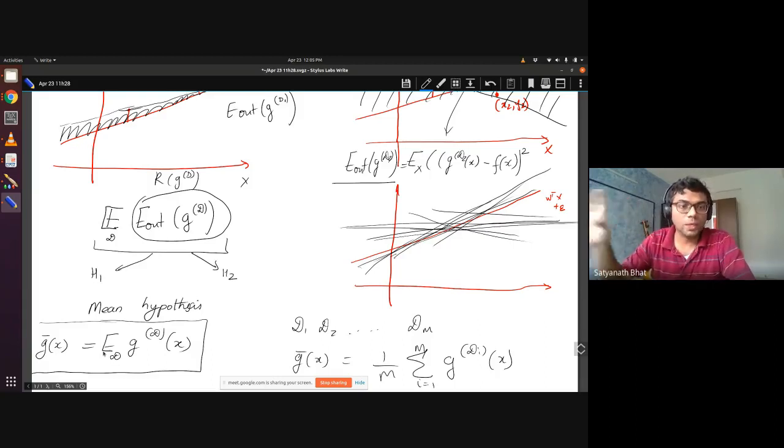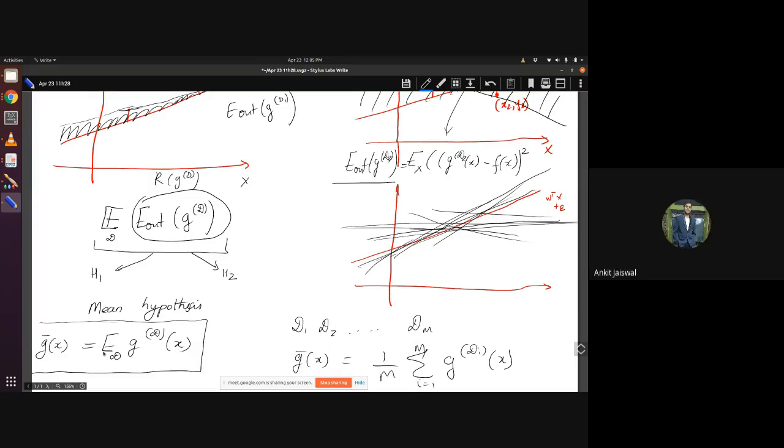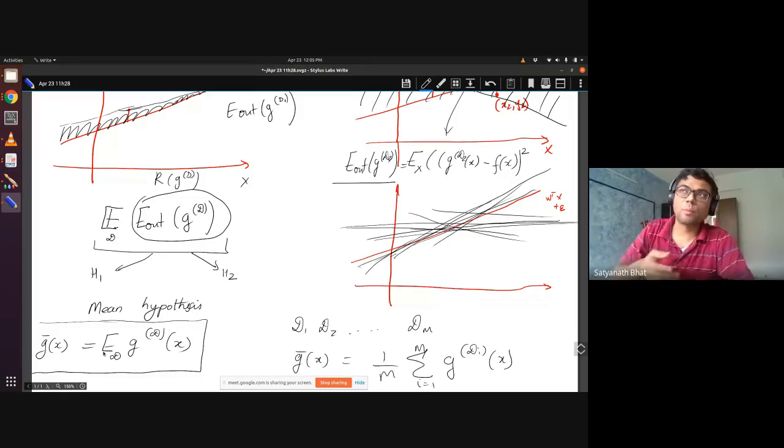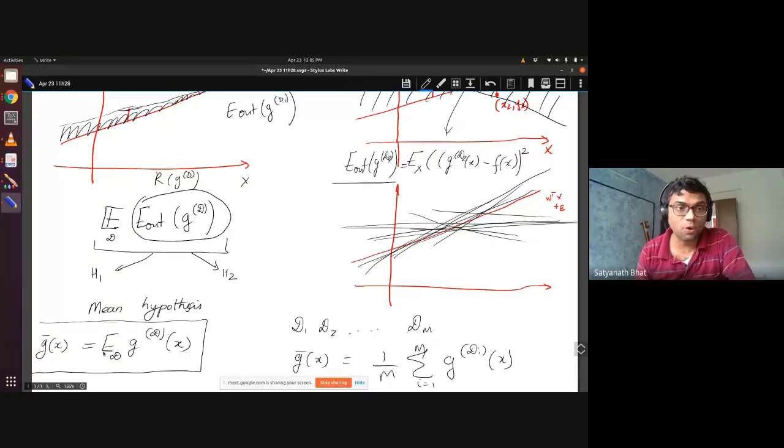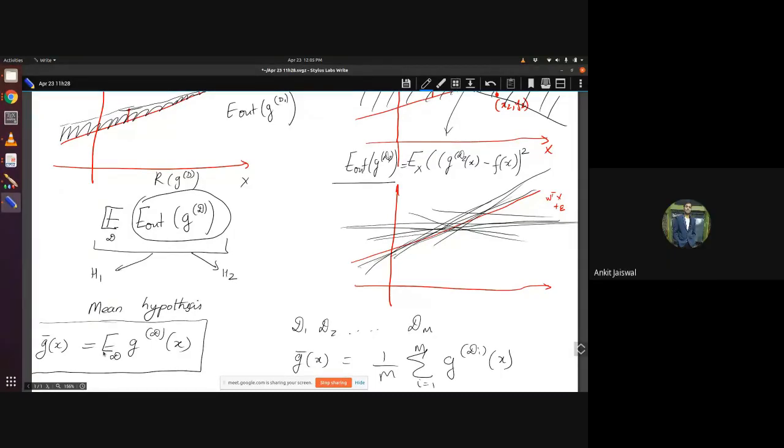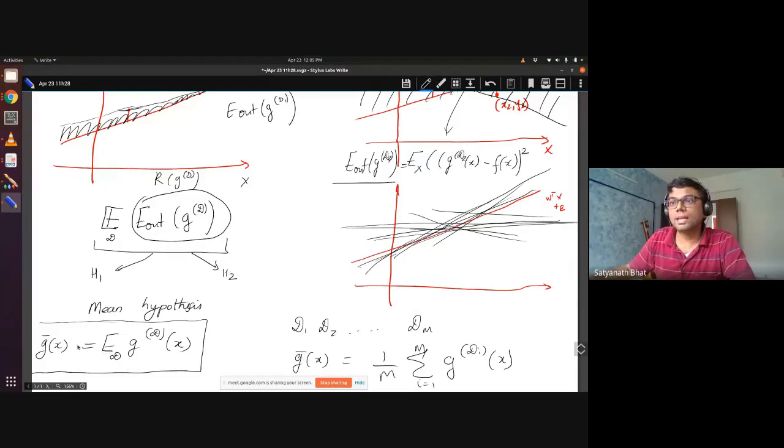But I am claiming that you will never get 0.5. Correct? You will never get it. If you want, I will make sure that you never get it. I will do 99 coin tosses. What will you say now, Ankit? We will never get that. But it is 0.5, right? Your best guess is 0.5. In the same way, even though we can never get G bar in real life, our best guess, the best in our bag, is the expectation. The expected value of GD.